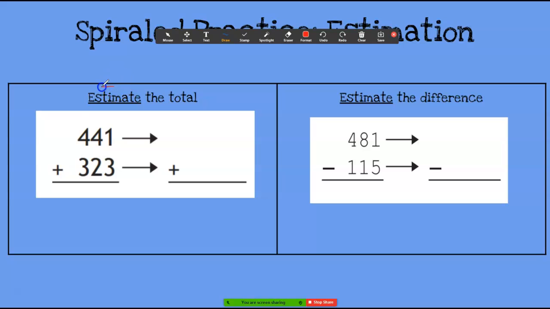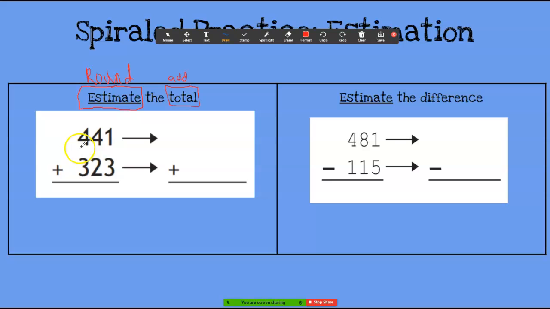Okay, so whenever you see the word estimate, we've talked about this word before. The word estimate means to round. So we know we're going to be rounding, which we've been working on the last few days. And then we have the word total, which we know means to add. So we're going to round and then add. You always round first. Do not add first. You need to round first. Okay? Both of these digits go to the hundreds place, so we know we're going to be rounding to the